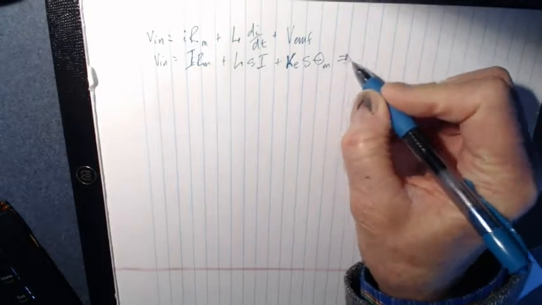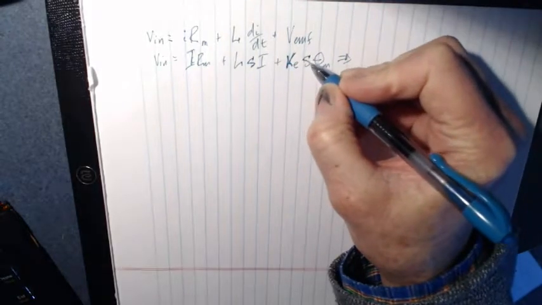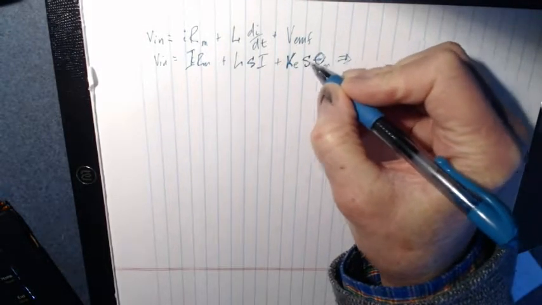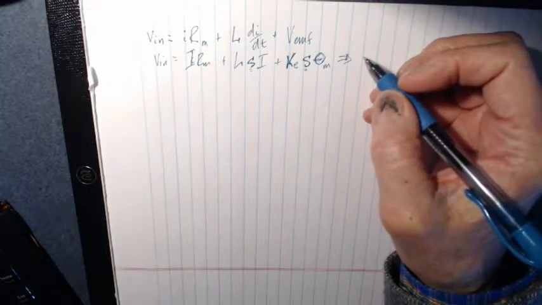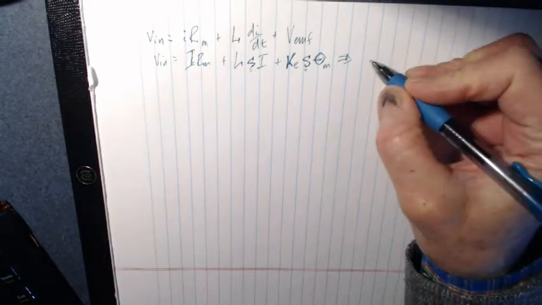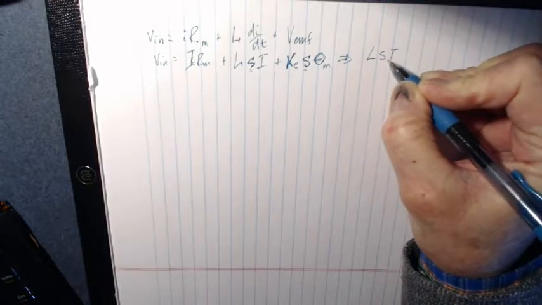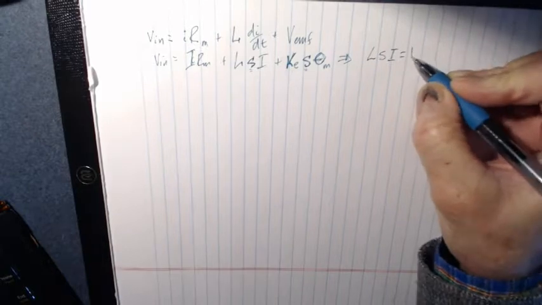Now, for block diagrams, one of the things about system analysis is that we're always going to try and solve our equations for the highest derivative. In this particular case, we have a little bit of consternation here because there's two variables that have a single s on them. Oftentimes you're not faced with this, but in this case there is, and now I'm just going to tell you that you're going to use your experience and say, oh, okay, what I'm really looking for is the current. I'm looking for I. And so what I'm going to do is I'm going to solve for LSI